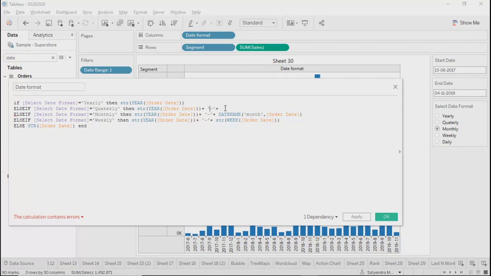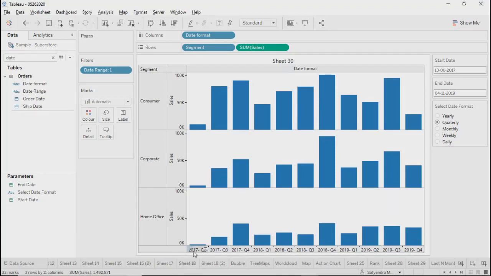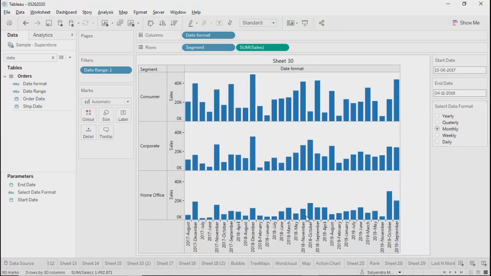So we can take it like Q, and then quarter, and over here we'll again take the order date. We converted that into str, so I'll follow the same pattern. Apply. Okay. So for quarterly, you are getting 2017 Q2, Q3, Q4, and for monthly, you get the month names,